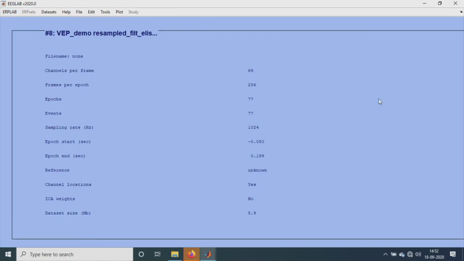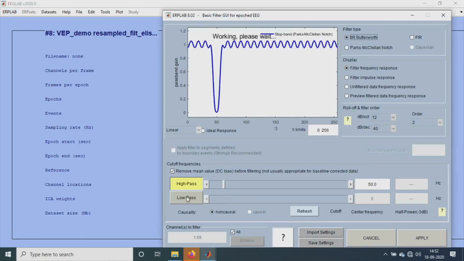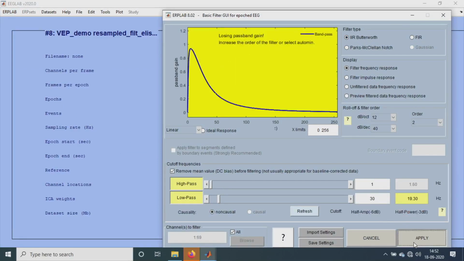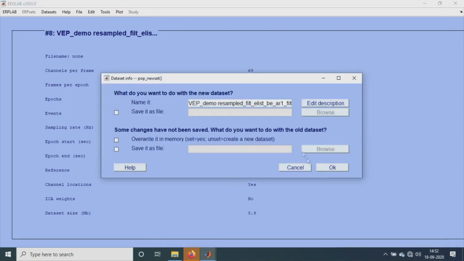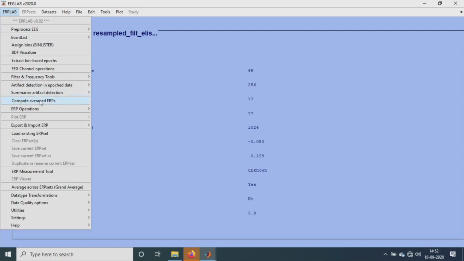Again we use the Butterworth filter, similarly with 1 to 30, and then we do the filtering. So here we have the filtered data set. After this step, next is averaging.